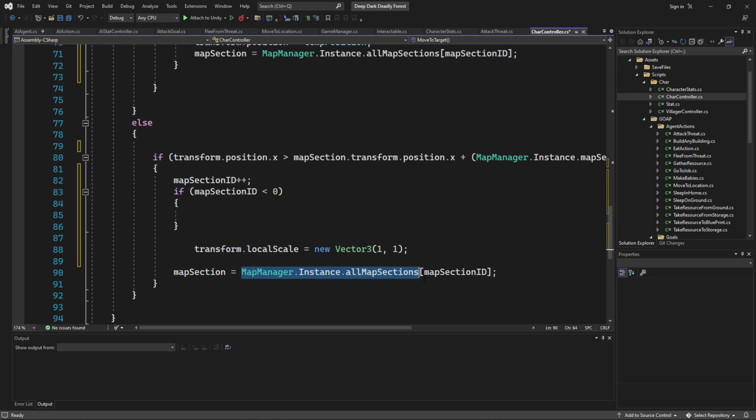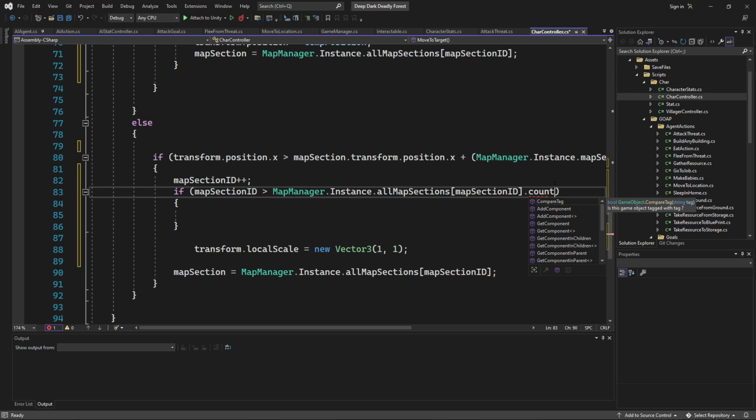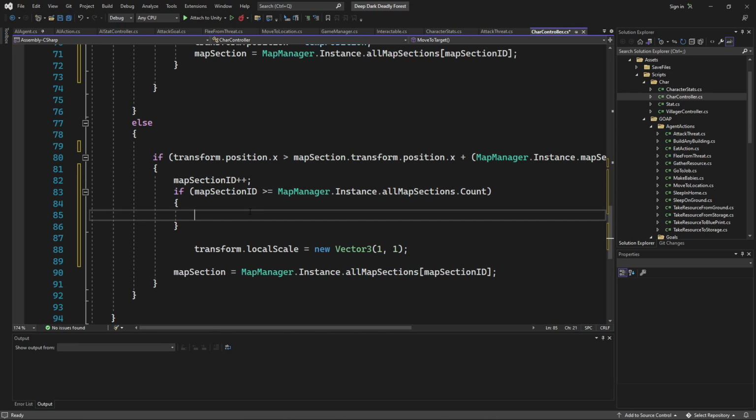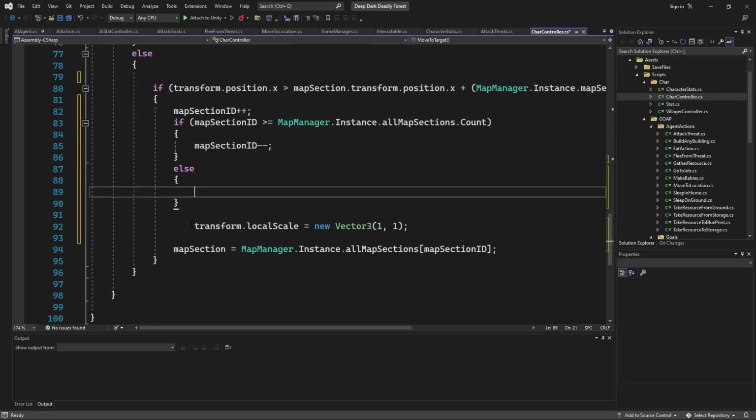If it's greater than this, count. If it's greater than the count, and actually, get rid of that. It's greater than the count or equal to. Then we will say map section ID is minus. Else, we'll then move it,